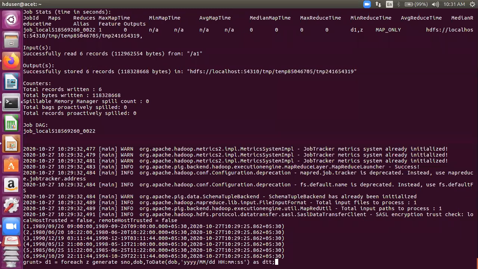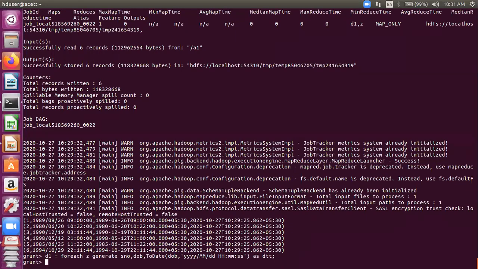No idea? Okay, I'll do it for you. I'll take a relation here, say Q is equal to. Now I cannot project directly on Z to begin with, because in Z the DOB is in char array, and in the relation D1 I've converted my DOB into a date with the alias DTT.